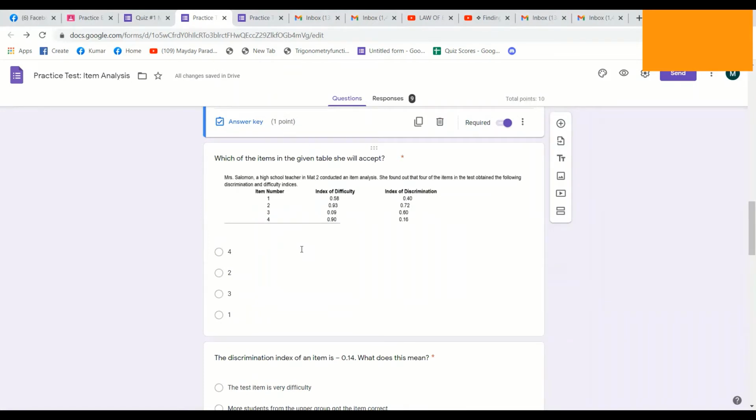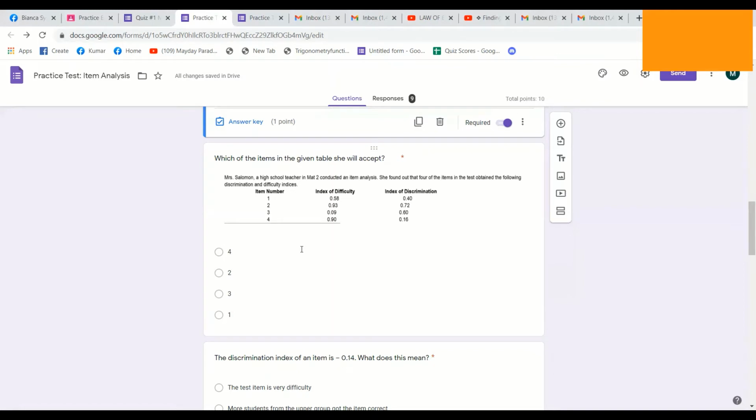Which of the following items in the given table should Miss Salomon accept? Miss Salomon had an item analysis and got these results. Okay, the acceptance interval for difficulty index is 0.20 to 0.80. Based on that interval, only item 1 fits. And if we check the discrimination index,